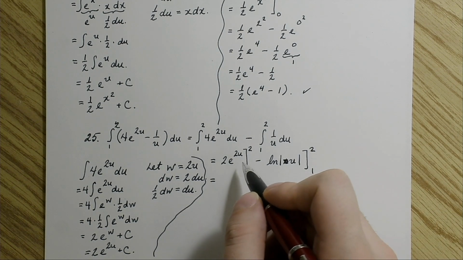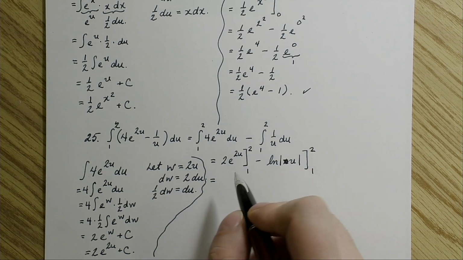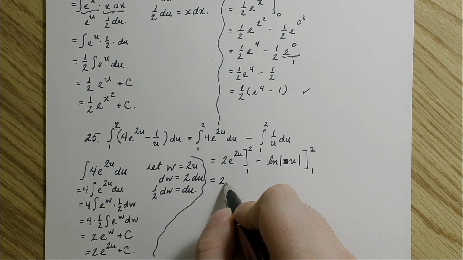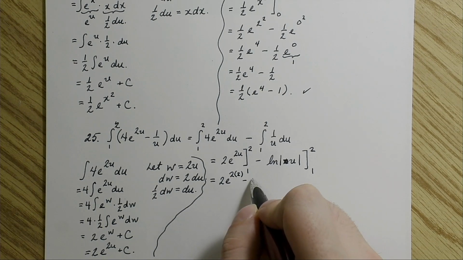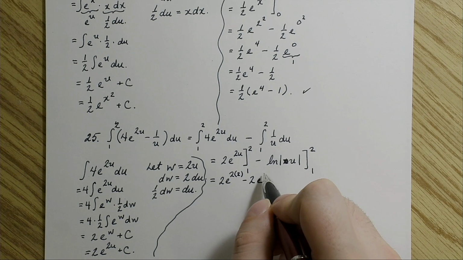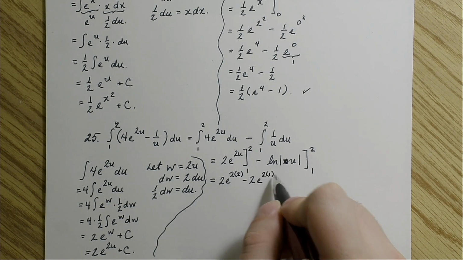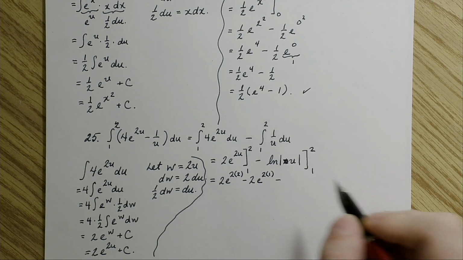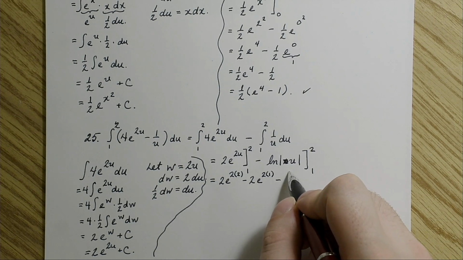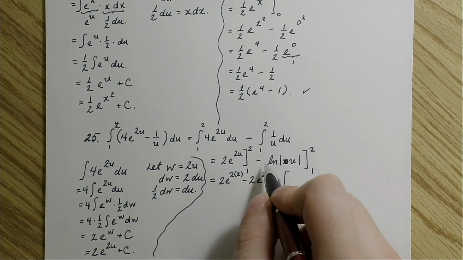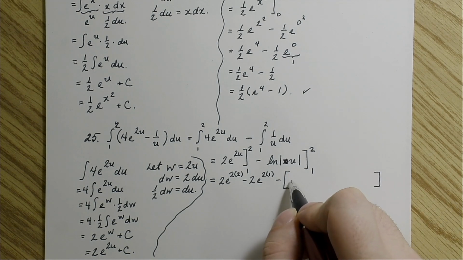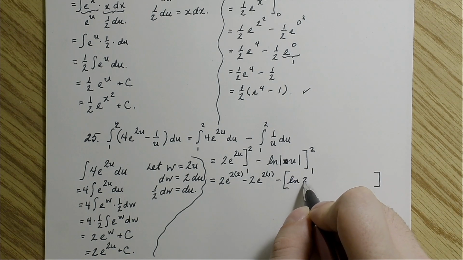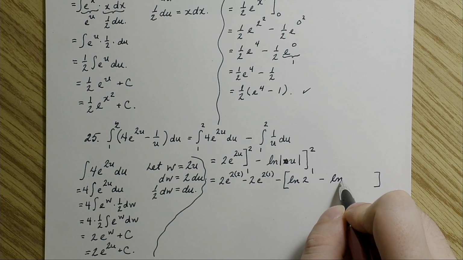Okay, and then I substitute in my values of 2 and 1, so I have 2 times e to the 2 times 2 minus 2 e to the 2 times 1. Now I have a minus. I have to be careful because I have a minus in front here and I still have to subtract. So I have ln 2 minus ln 1,